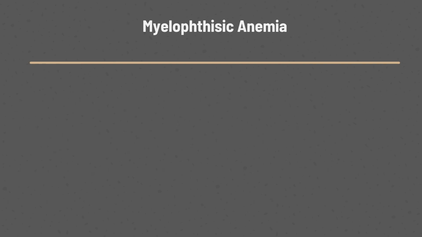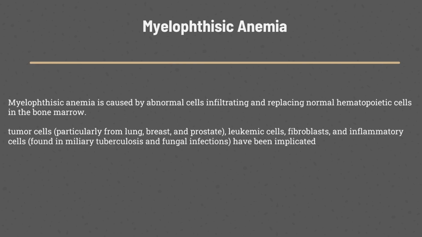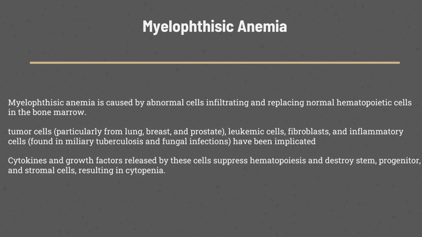Myelophthisic anemia. Myelophthisic anemia is caused by abnormal cells infiltrating and replacing normal hematopoietic cells in the bone marrow. Tumor cells, particularly from lung, breast, and prostate, leukemic cells, fibroblasts, and inflammatory cells, found in miliary tuberculosis and fungal infections, have been implicated. Cytokines and growth factors released by these cells suppress hematopoiesis and destroy stem, progenitor, and stromal